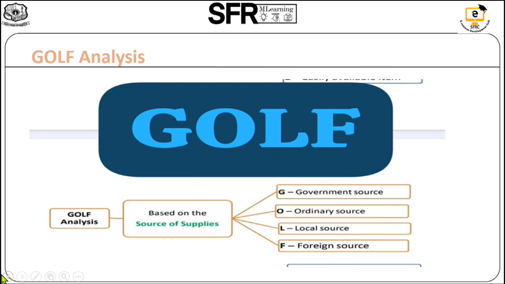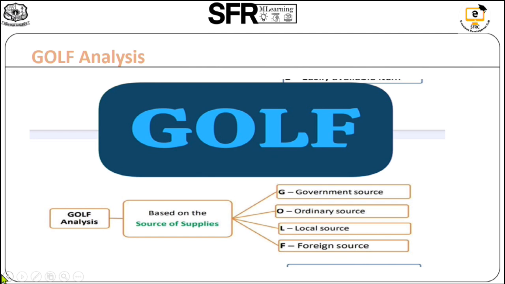For example, where the organization is going to import some raw materials and produce the goods based on those imported materials, the government looks into that and restricts the import of the goods. So this Gulf analysis is based on the government source,